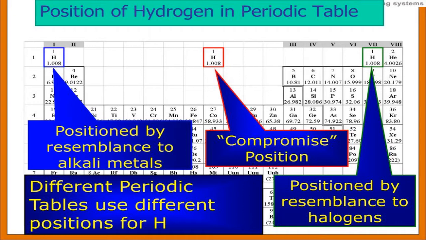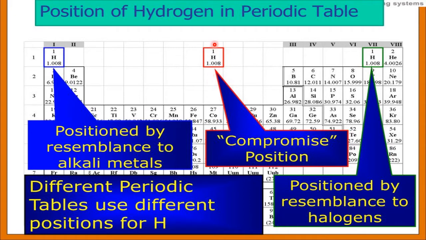If you think in terms of donating one electron and place it on one side, there are certain properties where it will show in the p-block area, along with helium. Or if I place it on the right side, then it will lose an electron. So its position is not fully justified. That's why now all the scientists have come to the conclusion and decided not to place it either at the extreme left side or at the extreme right side.